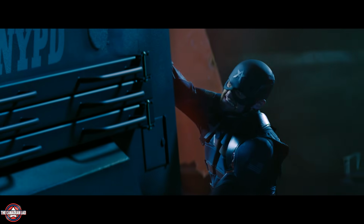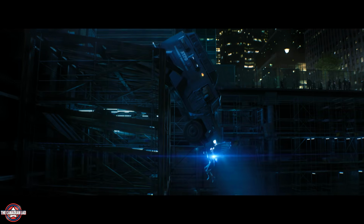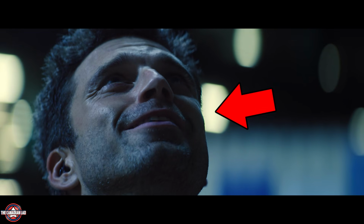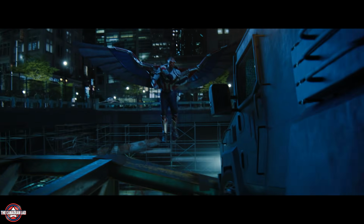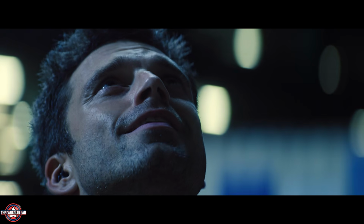Now, even though John did his best to prevent the truck from falling, he was again being attacked by the Flag Smashers. So comes the hero of the show, aka Captain America, to the rescue. Notice Bucky has a big smile on his face seeing Sam saving the truck. But that's not the only reason he's smiling here. This is the first time he's watching Sam in his entire Captain America costume, which Bucky gave him as a